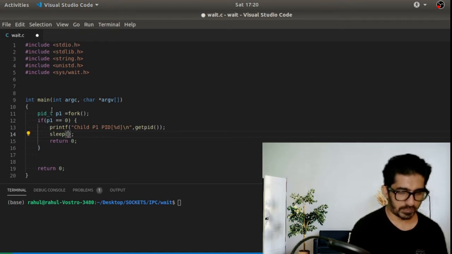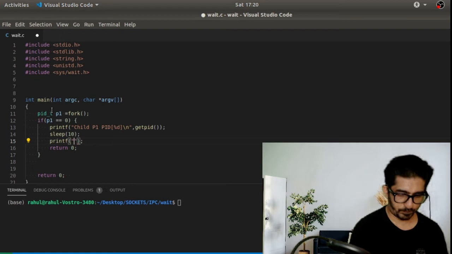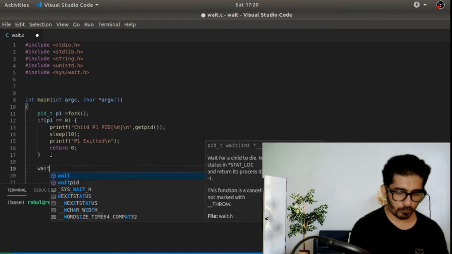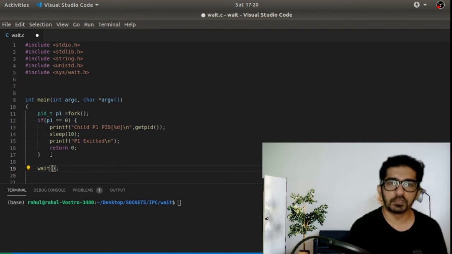Let's have a sleep of 10 seconds for now, and then print that p1 exited. This creates our child process, and now we want to wait for it to monitor the change of state of the child process.